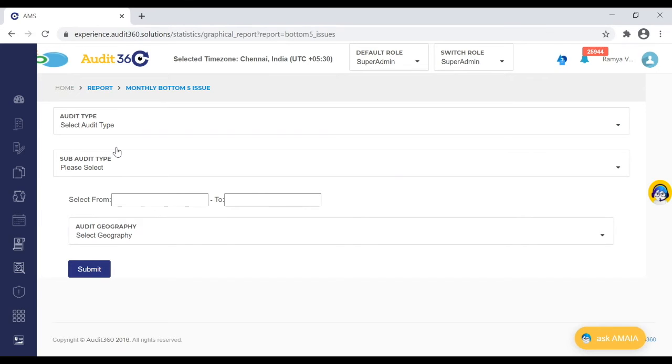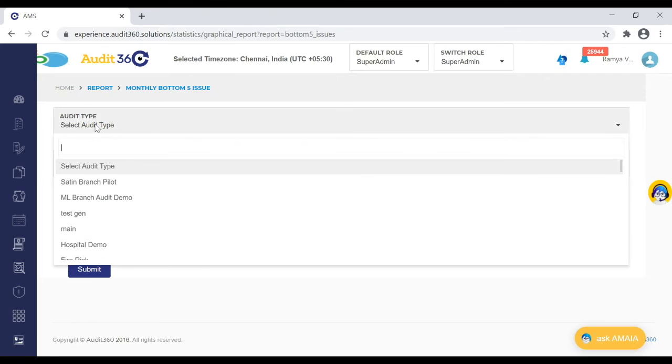Top 5 was on the same checkpoint issue which has been identified multiple times on different sets of schedules we have done. Those get tagged as top 5, and right opposite are the bottom issues, which are issues which have been identified but are on a lower side. Say the particular checkpoint is being seen very less across the audits we have executed.